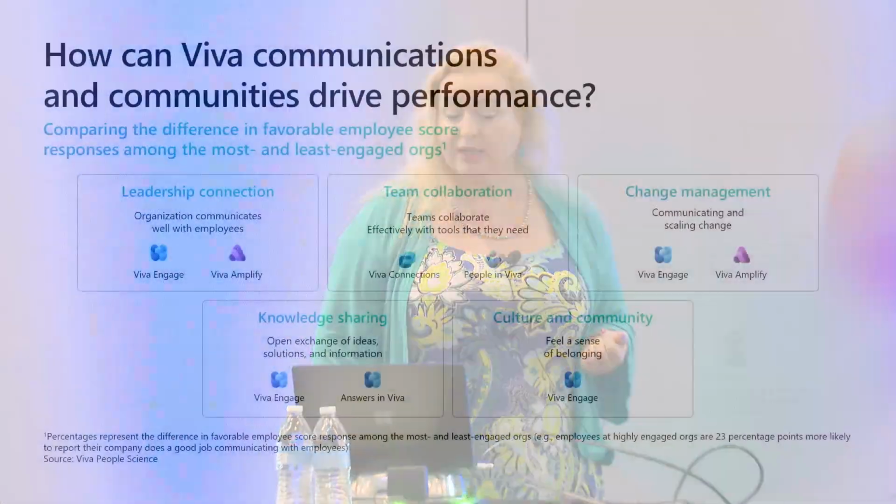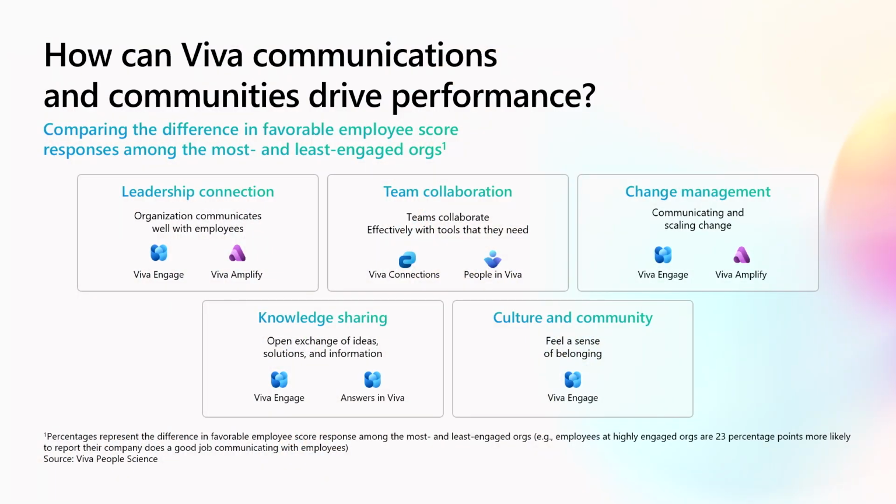Now, finally, a couple of other things here. We can think about communications and communities and how it's helping to drive performance inside of your organization. We know that so many of the projects that you have underway, if you're thinking about digital transformation, as I'm sure you are inside of this Microsoft 365 collaboration conference, we can think about how we're using this to drive change management. You can think about how we're using this to make sure that knowledge sharing is happening effectively, and then how we're helping to establish connection for leaders. And so this solution is really helping you to drive that performance inside of the organization, take action where you need it, and then ensure that you're actually putting together a culture and a community of openness and transparency inside of the company too.